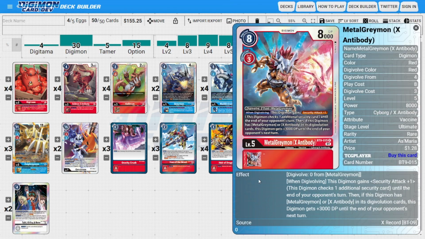well. Next, I'm going to be running 4 copies of MetalGreymon X Antibody as the last level 5 Digimon of the deck. So this is actually a pretty decent card to use just because most of the time we're going to be digivolving him for 0 on top of a MetalGreymon, which our Blue Flare MetalGreymon is a MetalGreymon, so it works in tandem with this card to be able to gain full benefits and value off of this card,